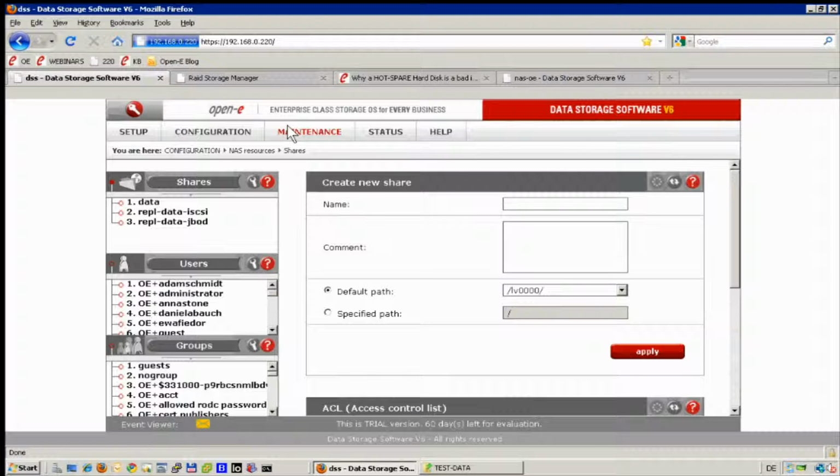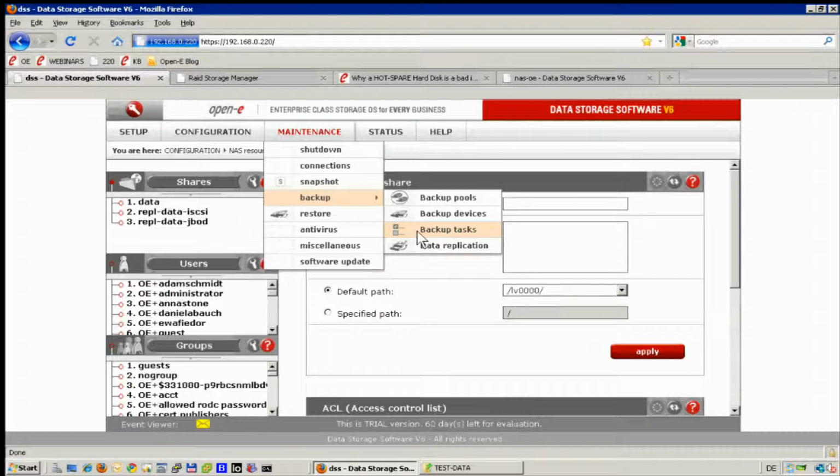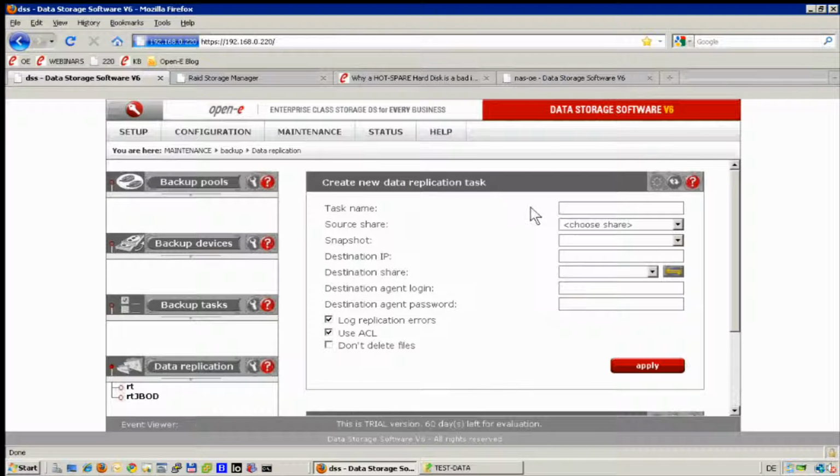Okay, apply, and replication data on iSCSI. Same thing, we need to enable it for replication, but let us show how it works when we forget about it. Then, okay, when I go to replication, then I want to create a new task. Okay, replication task on iSCSI,